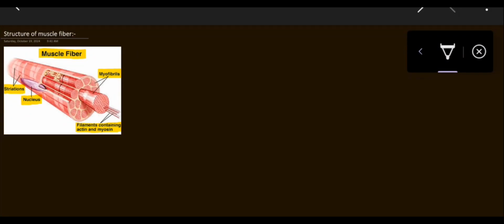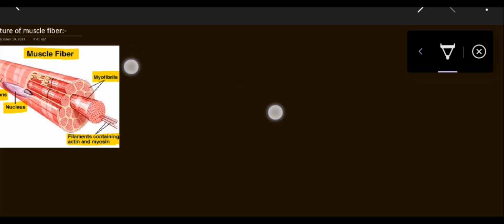So today we are going to discuss another topic of support and movement. The topic is structure of muscle fiber. As we have discussed, inside muscle we have bundles of muscle fibers which are basically known as fascicles. So now the structure of those muscle fibers, those fascicles. Okay. So first of all,